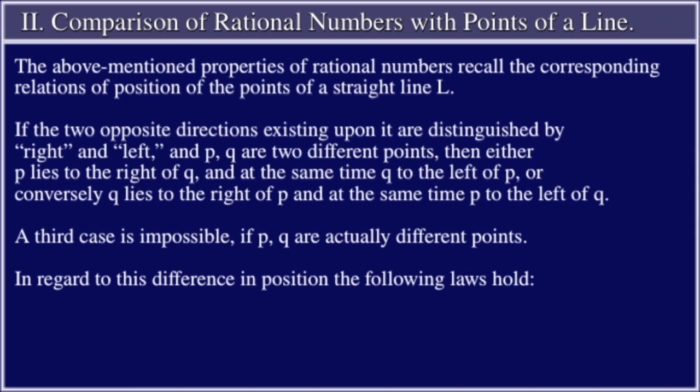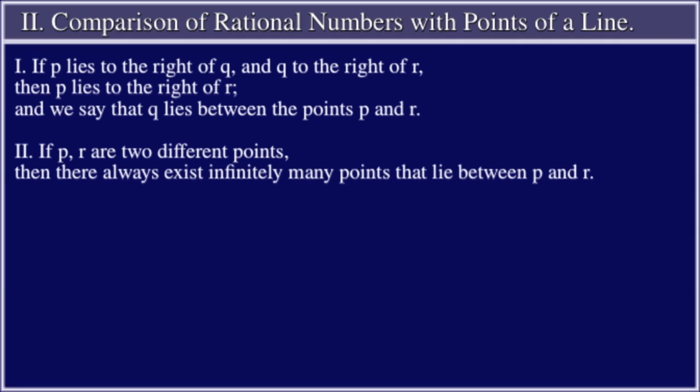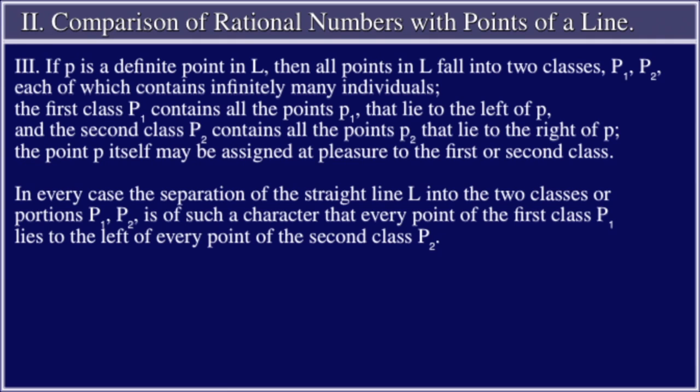In regard to this difference in position, the following laws hold. 1. If P lies to the right of Q and Q to the right of R, then P lies to the right of R, and we say that Q lies between the points P and R. 2. If P and R are two different points, then there always exist infinitely many points that lie between P and R. 3. If P is a definite point in L, then all the points in L fall into two classes,